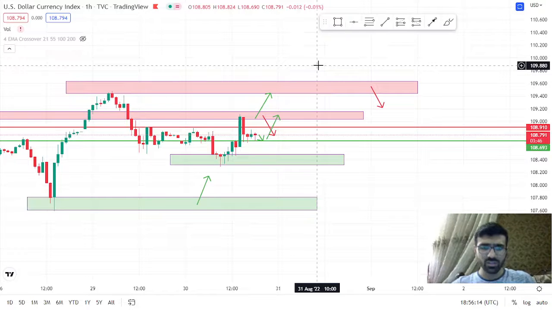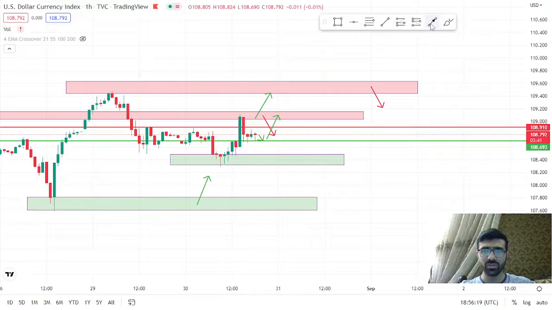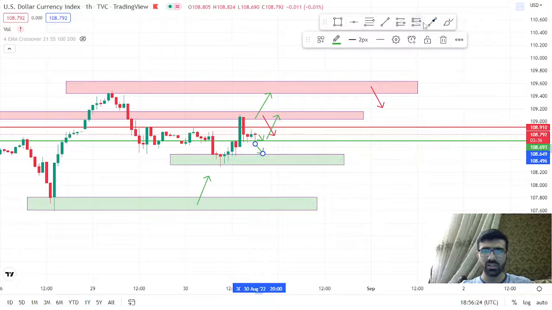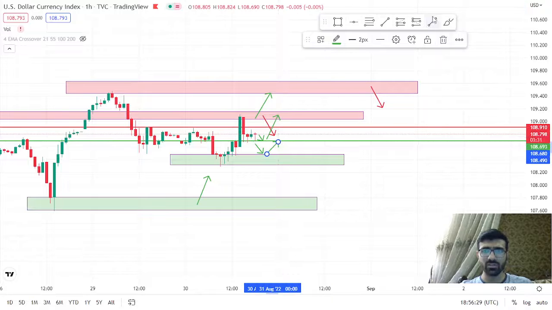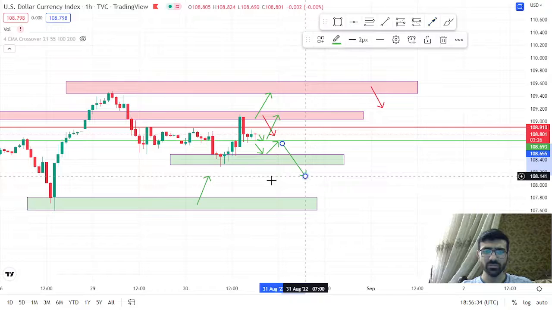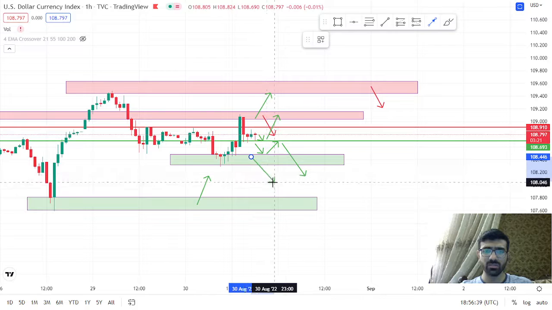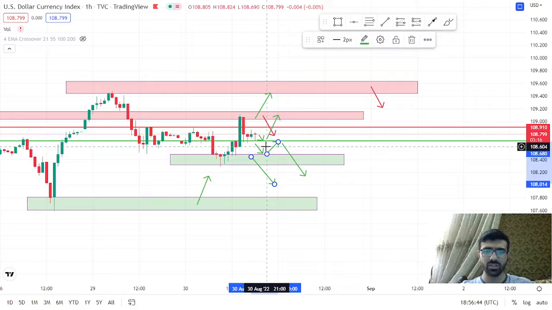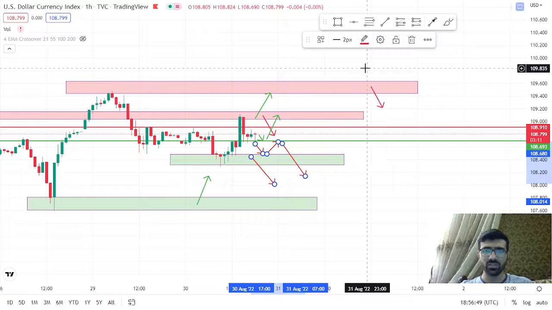A good selling point might appear if the market closes below this area, then respects this area again, and then closes below it. And if the market straight away goes below this area, then maybe we can go short straight away. Now let me mark these selling scenarios in red so you can have a better idea